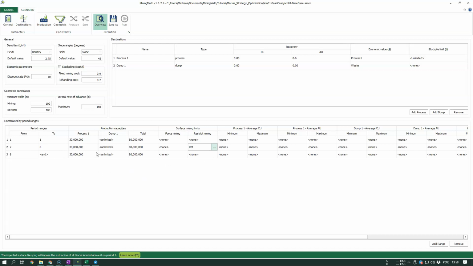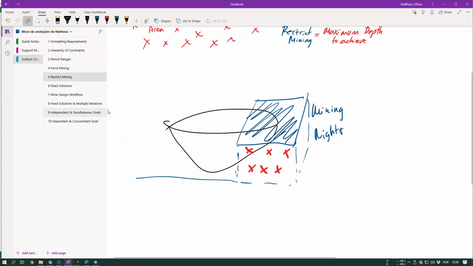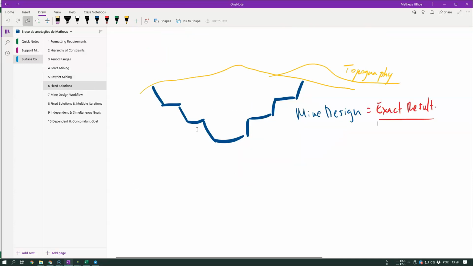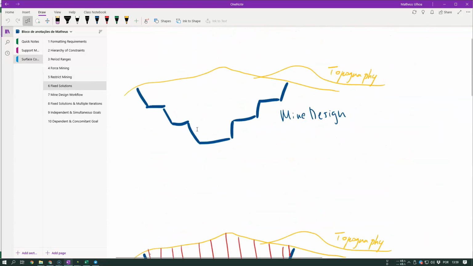This is the most important thing to take into account when we are considering paired range versus surface mine constraints. Taking these into account is the fact that we can take advantage of surface